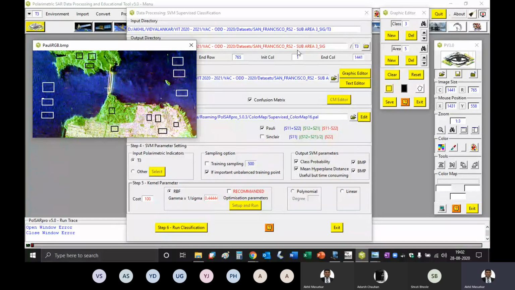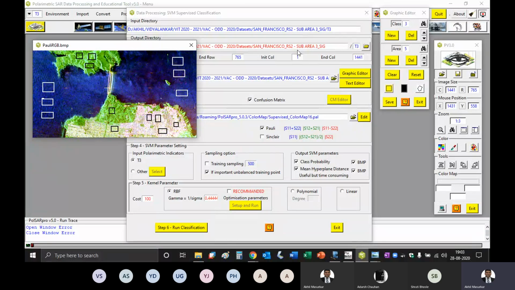Now we are doing this for 3 classes. By my eyes, I can very easily say that there are 3 classes. One is water body, then I can see some green cover, and then I can see some settlements. I can see some green cover, then some water bodies, and then some settlements.